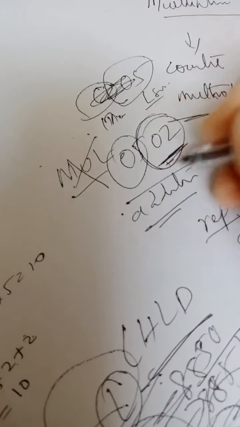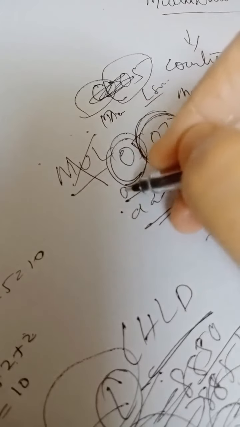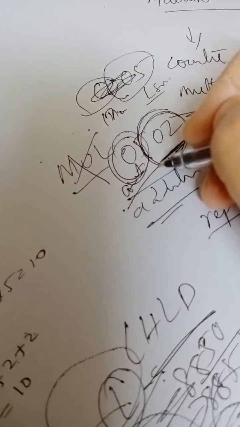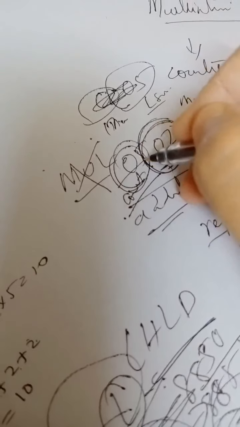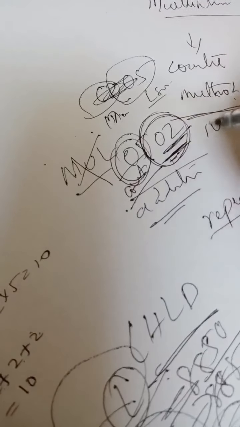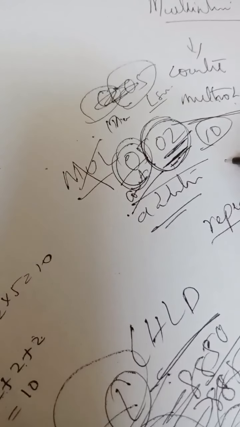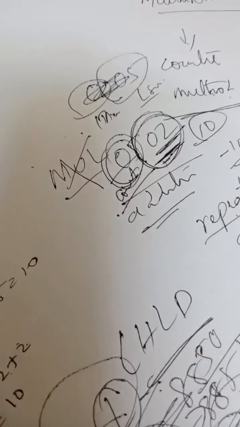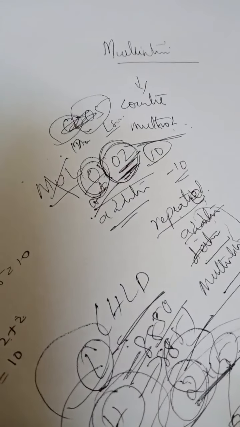So what will our number be now? 0 2 and 0 5. This is the MSB and this is the LSB. So here we have to write 0 5 0 2. The LSB is the number, and 0 5 is the count. If you give the count as 5, the number 2 will be added 5 times, which means 10. Multiplying 2 by 5 is also 10. So now we are going to start writing the program.